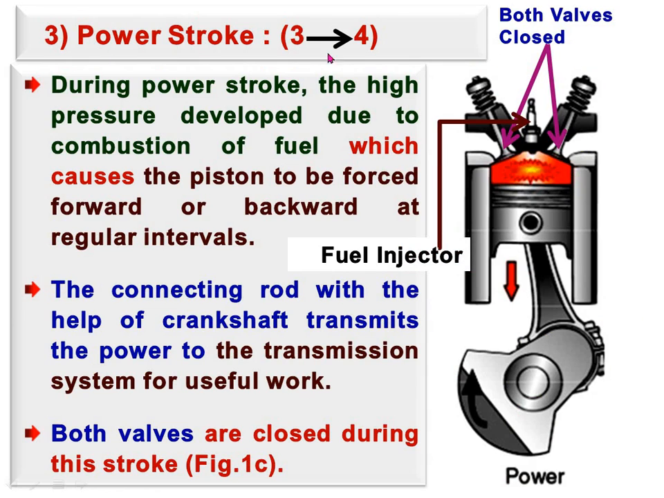Now we will see the power stroke, event 3 to 4. During the power stroke, the high pressure develops due to the combustion of fuel, which causes the piston to be forced forward or backward at regular intervals. Means the power stroke in a 4-stroke engine is the only stroke in which power is produced. So due to the combustion of the fuel at the end of the compression stroke, which is injected by the injector inside the clearance volume of the cylinder,